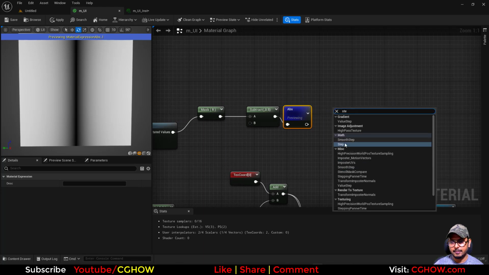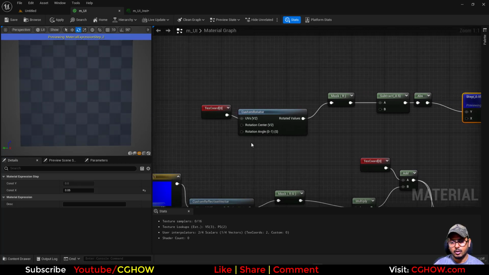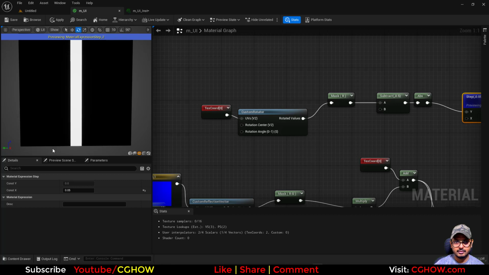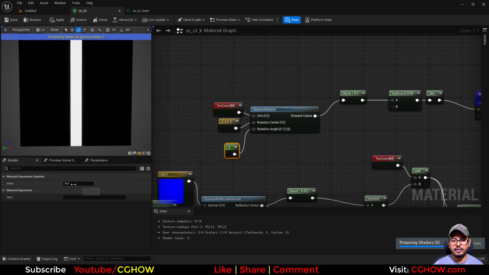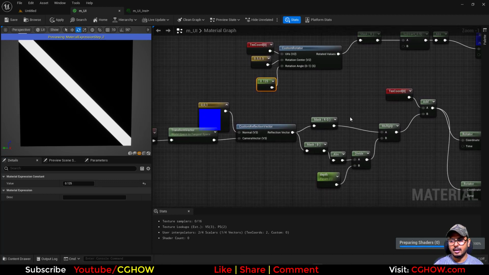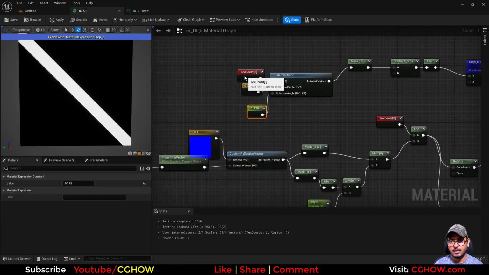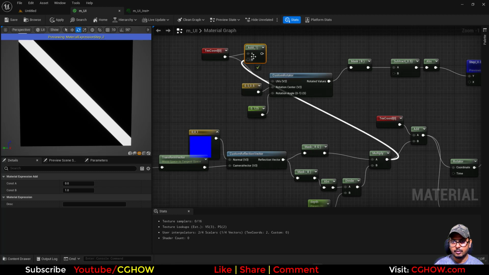and then we can take the step node, maybe 0.5, and 0.1, 0.05. Okay, and I want to rotate this like 45 degree. So center will be 0.5, and the angle I want 45 degrees. That means 0.125. And I want a depth here, so I will, sorry, add in the UVs of this depth node,